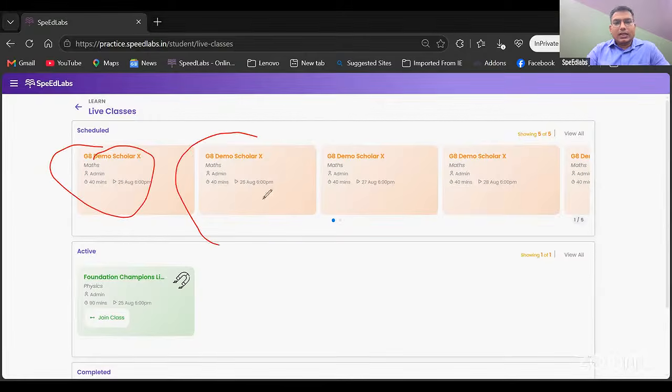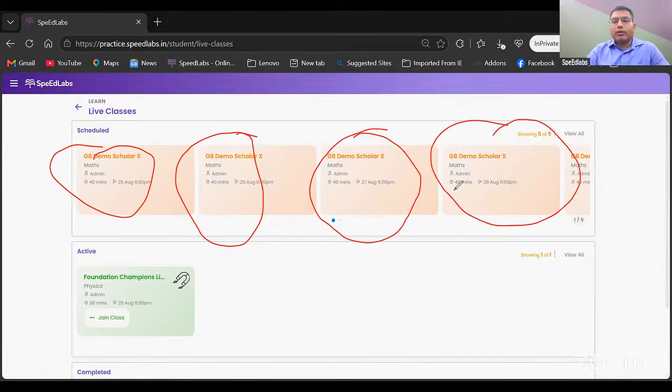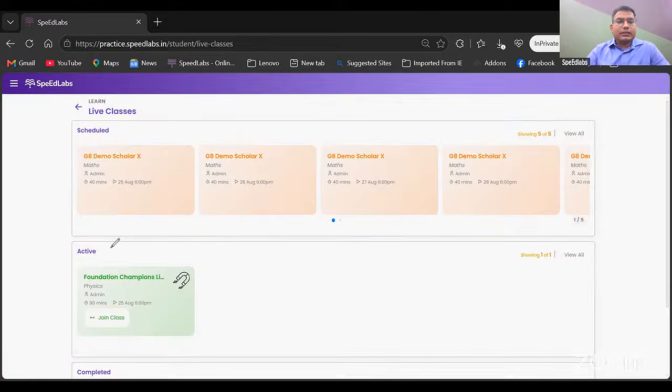Whatever classes are available, you can see the live classes which are upcoming on particular days and times, and the classes which are currently ongoing. How many of you are able to see the active class in your application? If you open the application, you will be able to see the active class.